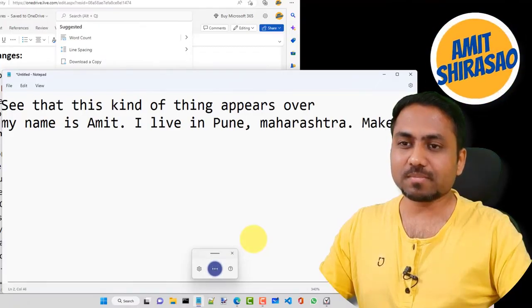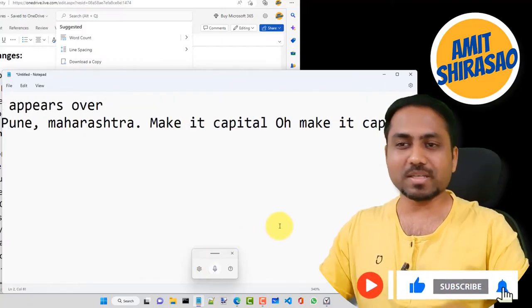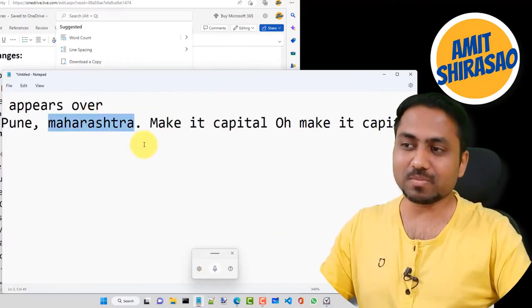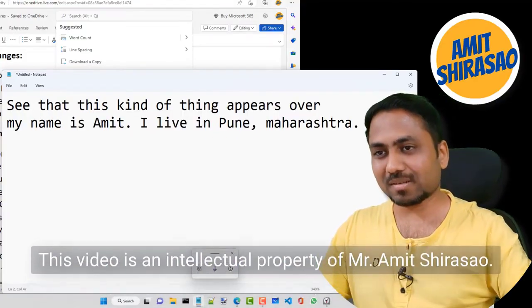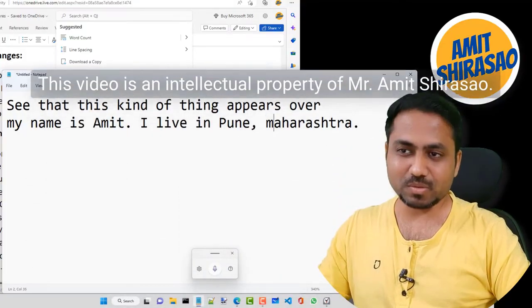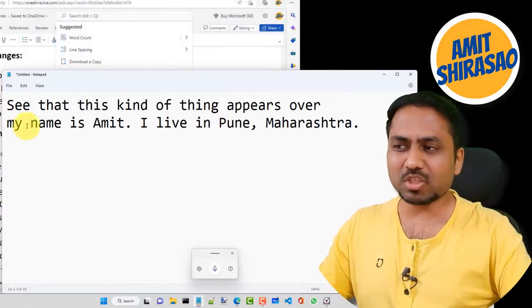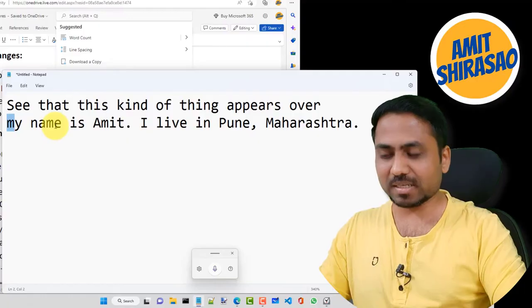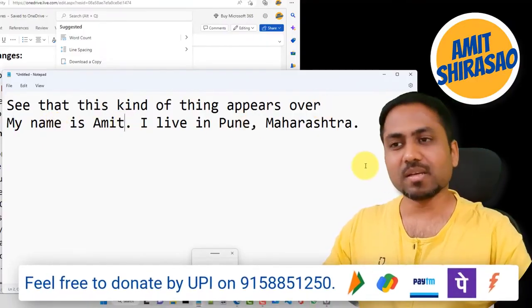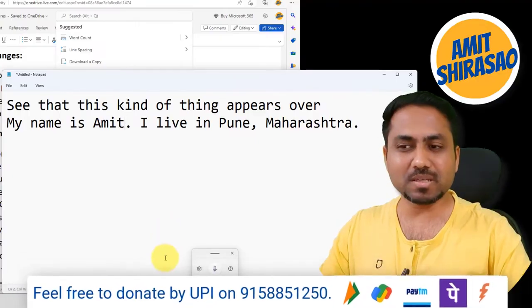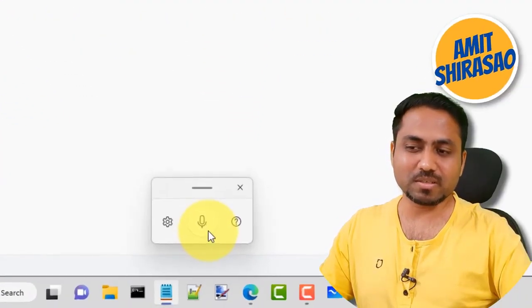Make it capital. Okay, it doesn't understand that. But it's okay, you can do it manually. So using the keyboard, you can make this M capital. But mostly you can type into this. It understands full stop, it understands comma, it understands new line. So typing will be easier for you, and besides you can always use your mouse to click on this button,